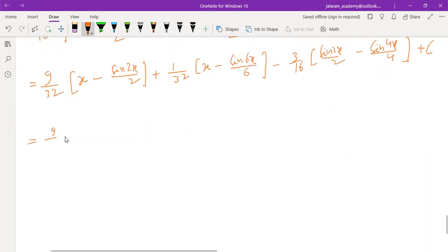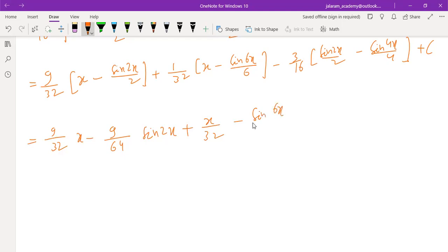So 9 by 32 x minus 9 by 64 sin 2x plus x by 32 minus sin 6x upon 192, minus 3 by 32 sin 2x, plus 3 by 64